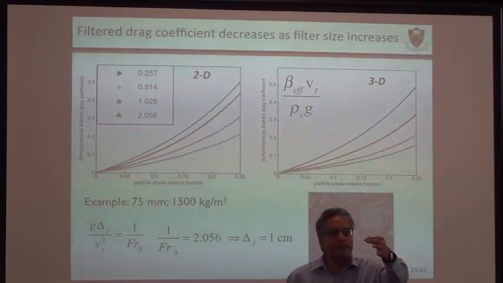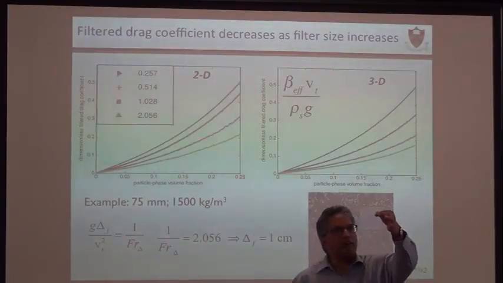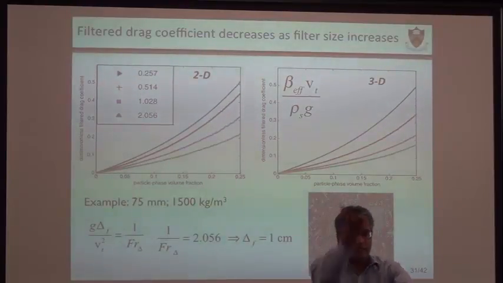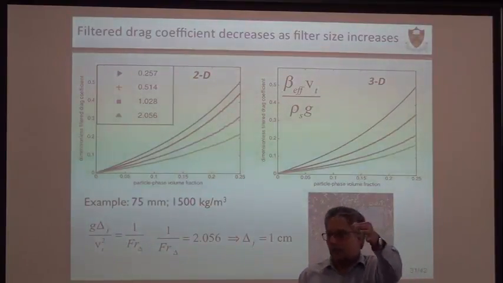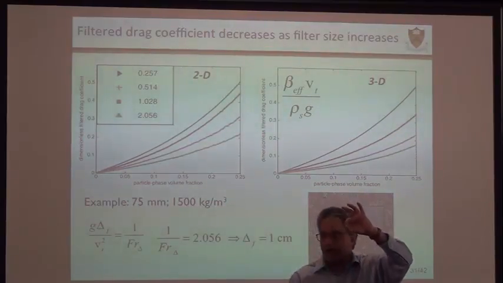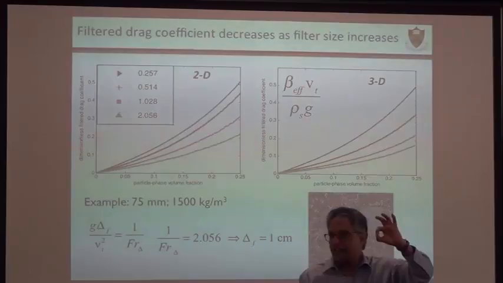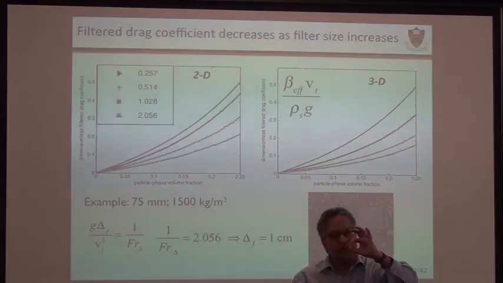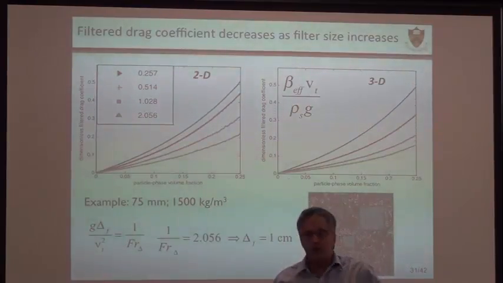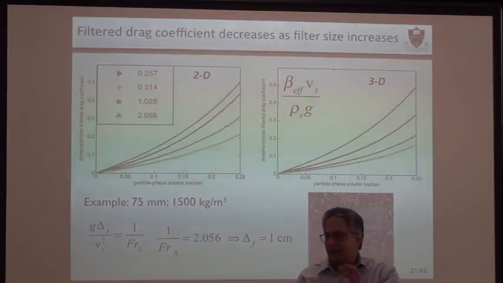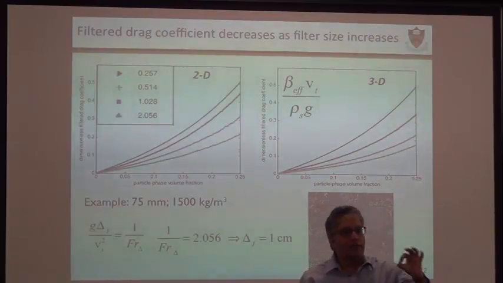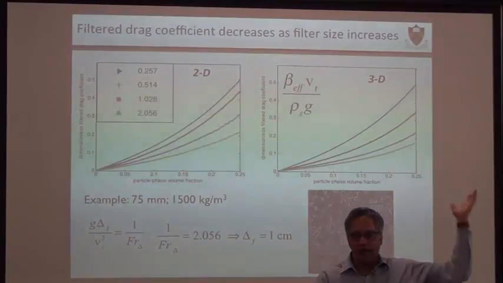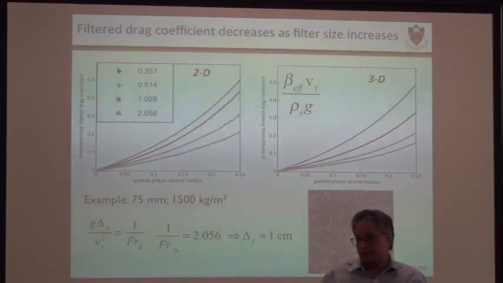So the experimentalists will come and give this kind of a result. Okay, so instead of particles falling down through gas, if I move the gas up at the single particle terminal velocity, you will be able to hold the particle at one position, because all that matters for sedimentation is the relative velocity between the gas and the particle. But now instead of one particle, you put lots of particles, because of hindered settling, you will blow the particles out of the bed if you have the gas going at single particle terminal velocity. So any time you put the gas velocity approaching single particle terminal velocity in a bed, it will blow the particles out of the bed.